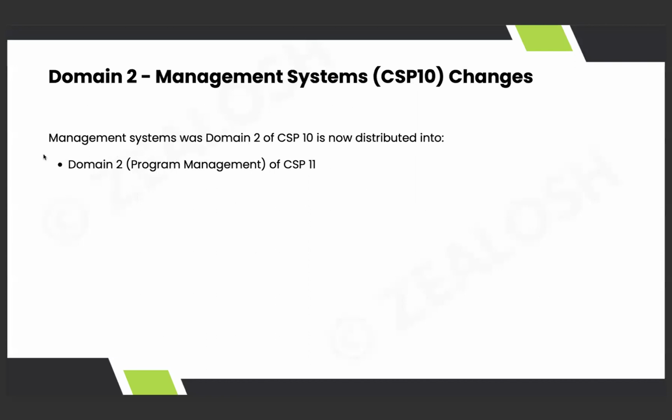So as I already told, what is domain 2? Domain 2 is management systems, which is now called program management. But still, they may be coming up with some revisions in the CSP blueprint. Why? Because they have not directly said domain 2 is program management. They said that domain 4 is spread across 1 and 2. But where is previous domain 2? I have gone through the topics. It is line by line the same management system that is coming inside domain 2.